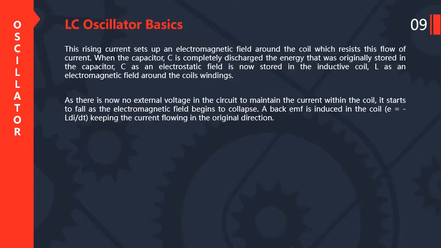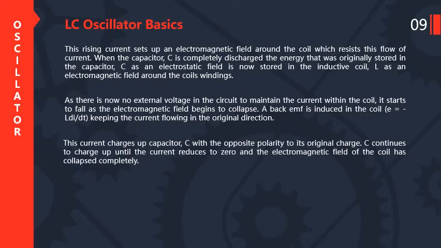As there is now no external voltage in the circuit to maintain the current within the coil, it starts to fall as the electromagnetic field begins to collapse. A back EMF is induced in the coil according to Faraday's law, so E is equal to minus L di by dt,